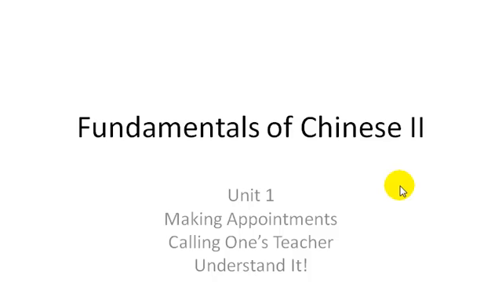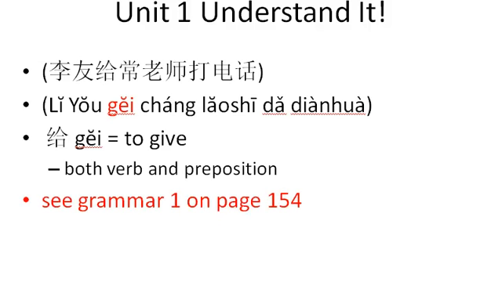Fundamentals of Chinese 2, Unit 1, Making Appointments, Calling One's Teacher. Have a pen or pencil ready and turn to your textbooks to page 150. The first sentence sets the context, so it appears in parentheses. It's no one's speaking. It says, 李友给常老师打电话。